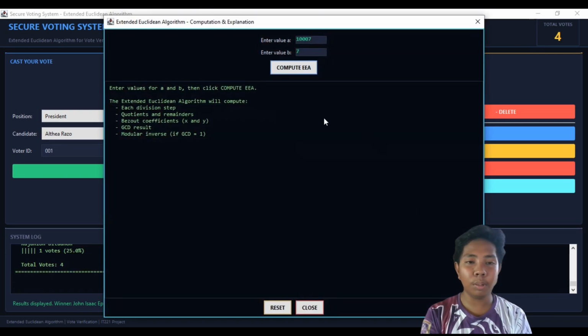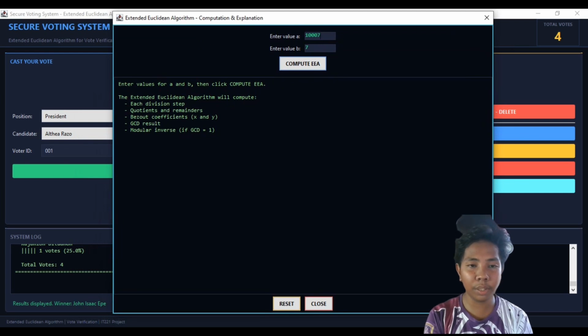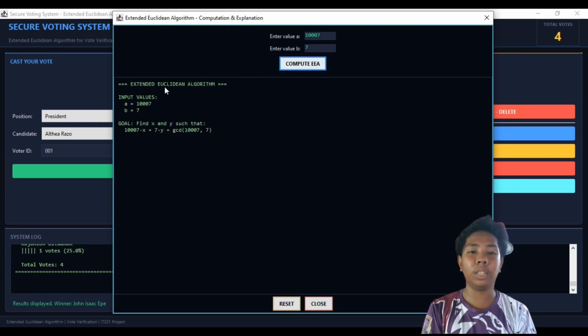I click how EEA works button. A new window pops up. Then, as you can see, there's already 10,007 and 7 on the EEA. If I click compute, the panel slowly types out each step.